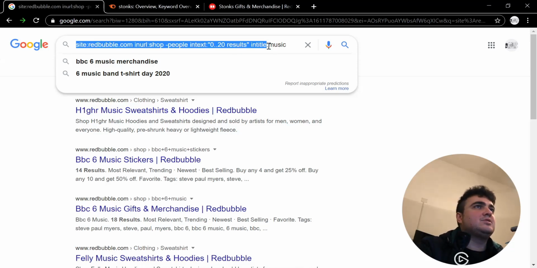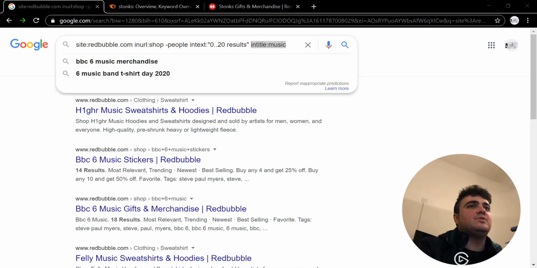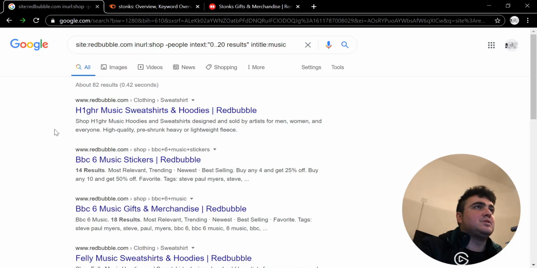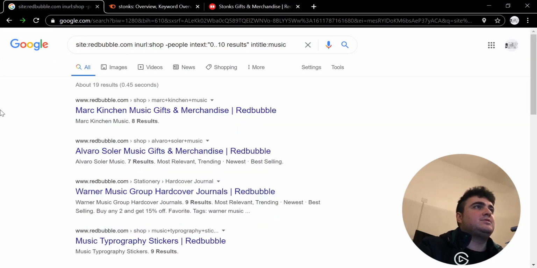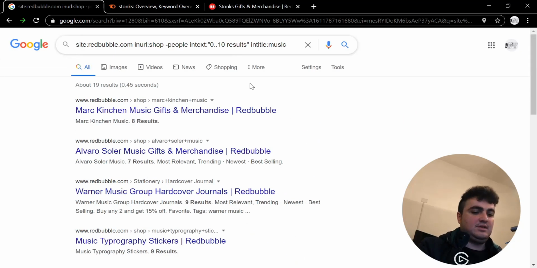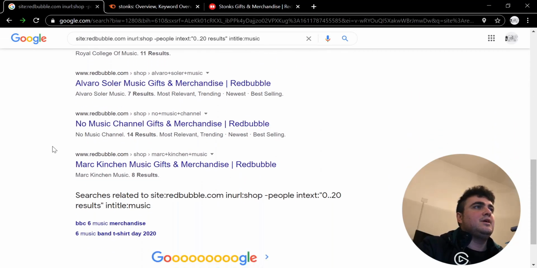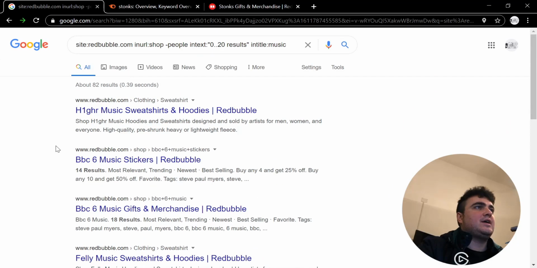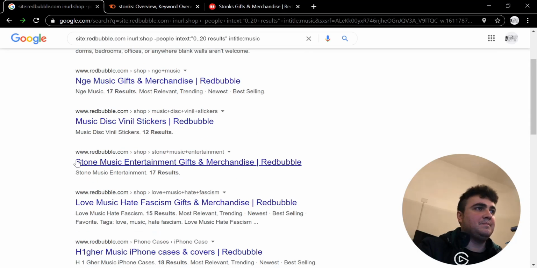You type in this search operator, which instantly gives you low competition keywords, and then here you type in a universal concept such as music, and it will only show designs that have 0 to 10 results, or 0 to 20, or 0 to 30, 40, etc. You can go through here and you can check on SEMrush, or you can just design every single one.